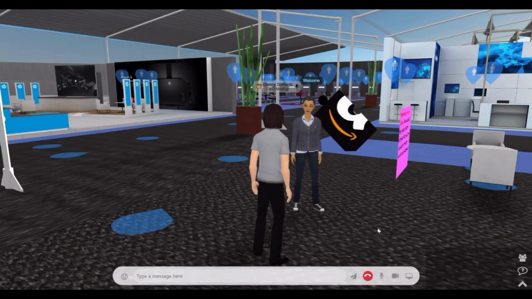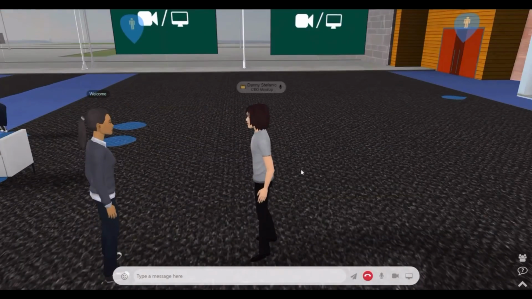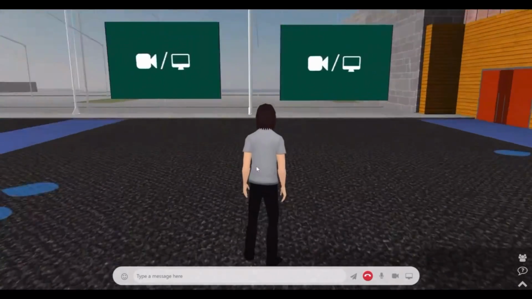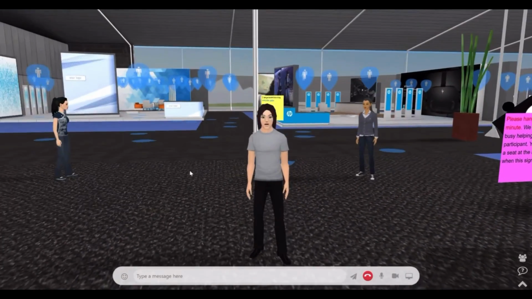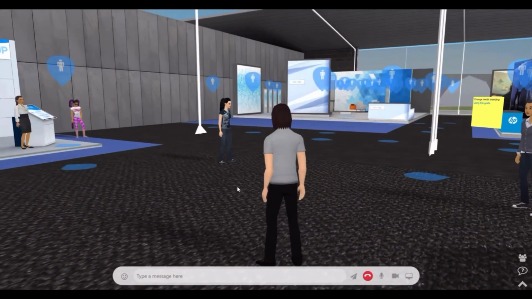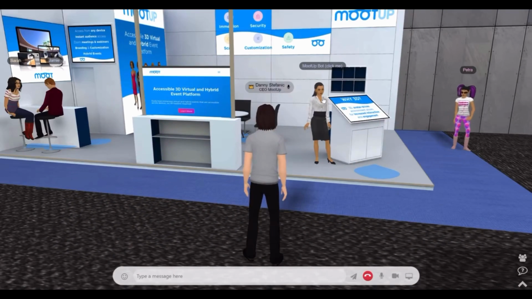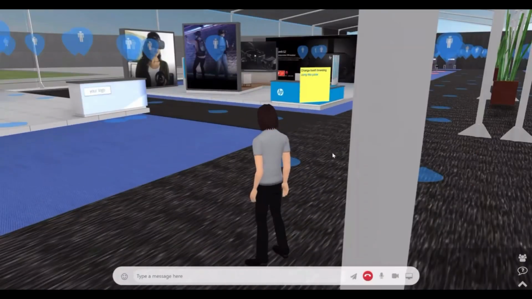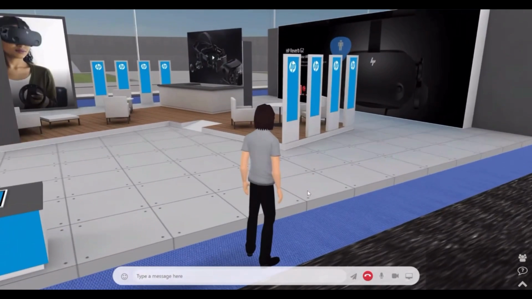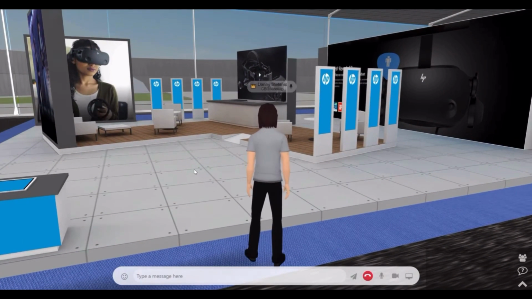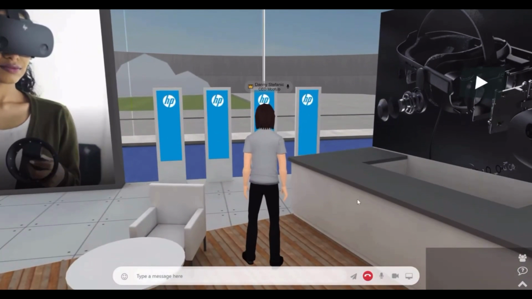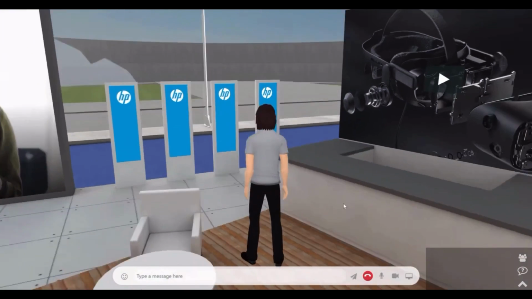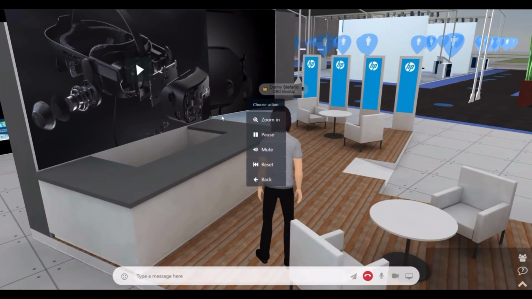So these artificial assistants can be scripted to say anything. They support 50 different languages, so you can essentially use them for any type of event. And here we notice in this virtual environment there are a lot of different booths. Some of them are manned by chatbots as well, and that allows you to have representatives that are present 100% of the time. These booths are branded, and you can have all sorts of content within that environment. For example, when I step into this booth, we'll see that it triggers certain events to happen. In this case, we have video content in here that can play as well,